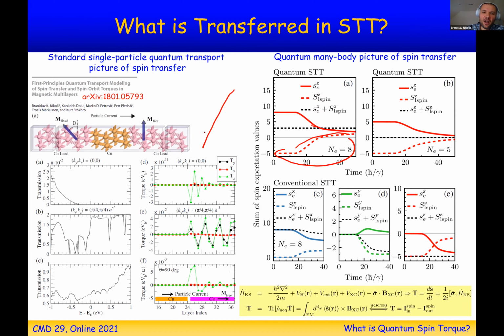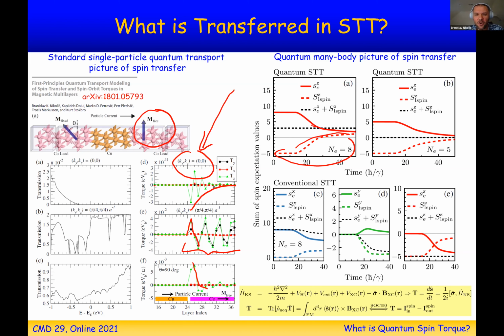In the standard picture of single particle quantum transport, you never see this. What you see is basically electrons are coming in, their spin is forever precessing in the magnetization of the second layer, because electron spin is not an eigenstate of this magnetization of the free layer. And then you ask yourself, well, where is the torque? Because it looks like I deposit something, I remove something. It turns out when you average over many different K parallel vectors, everything averages down to just one lobe of these oscillations, and everything is confined to the interface. You can also get contribution from evanescent states, which never contribute to transport.